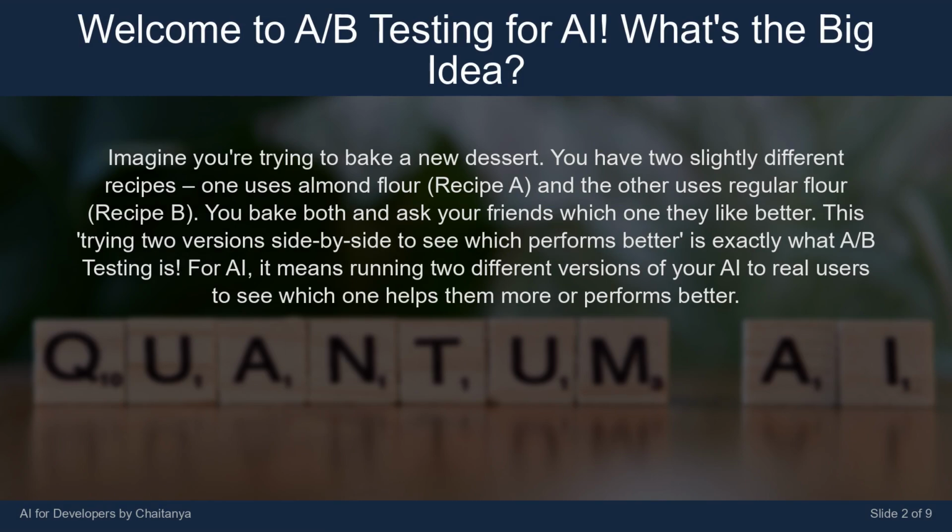Imagine you're trying to bake a new dessert. You have two slightly different recipes, one uses almond flour, recipe A, and the other uses regular flour, recipe B. You bake both and ask your friends which one they like better. This trying two versions side by side to see which performs better is exactly what A/B testing is. For AI, it means running two different versions of your AI to real users to see which one helps them